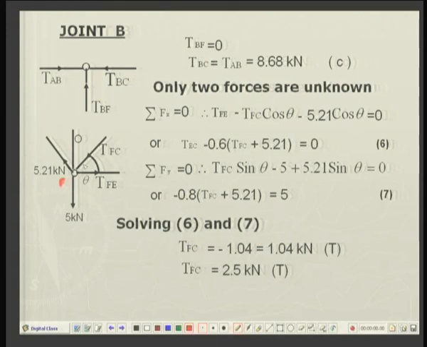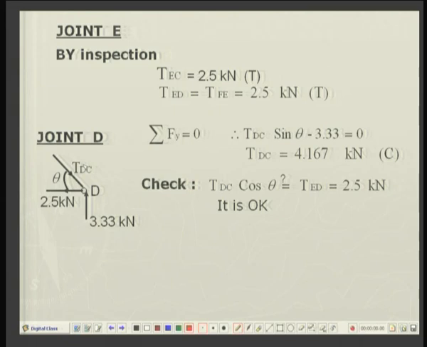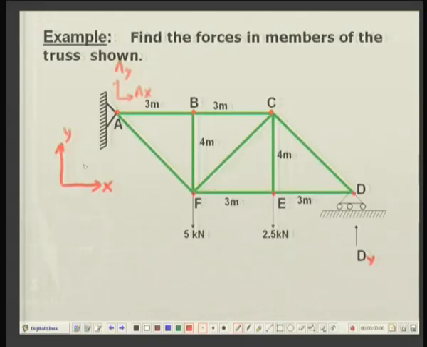So, from joint F, now we proceed to joint E. Again, joint E is very easy to evaluate. Once again, if I go back to joint E, see there are two members here, one member over here, and this member TFE has been already found out. So, only two unknowns. Out of these two unknowns, this force will be exactly equal to the force in the CE member, and this force will be exactly equal to the force in the FE member.